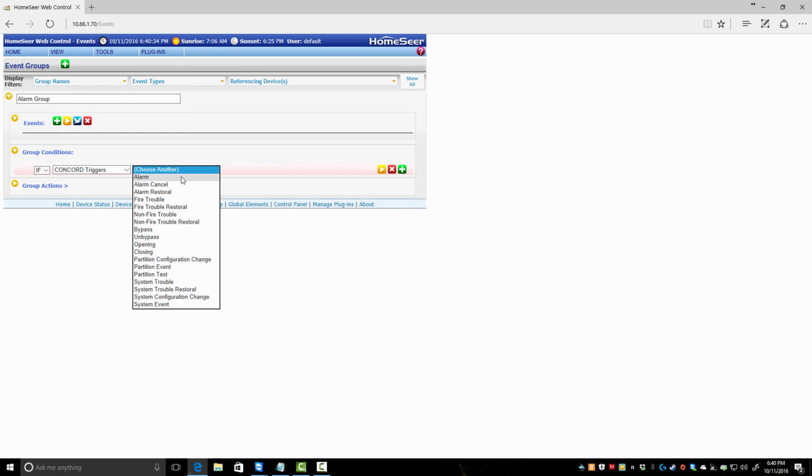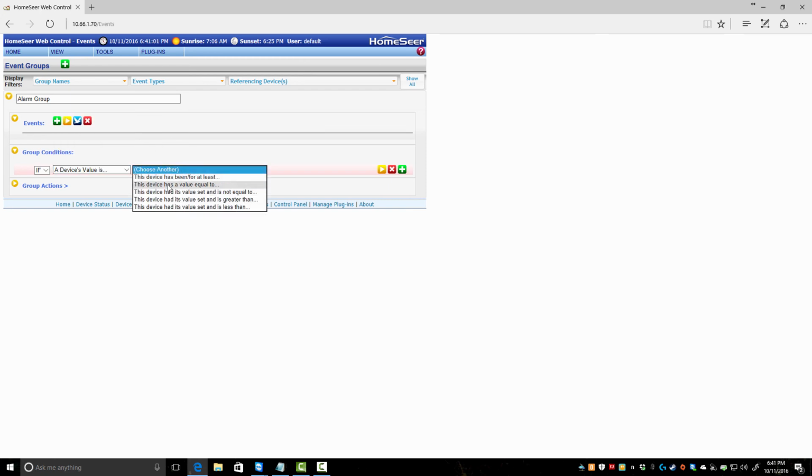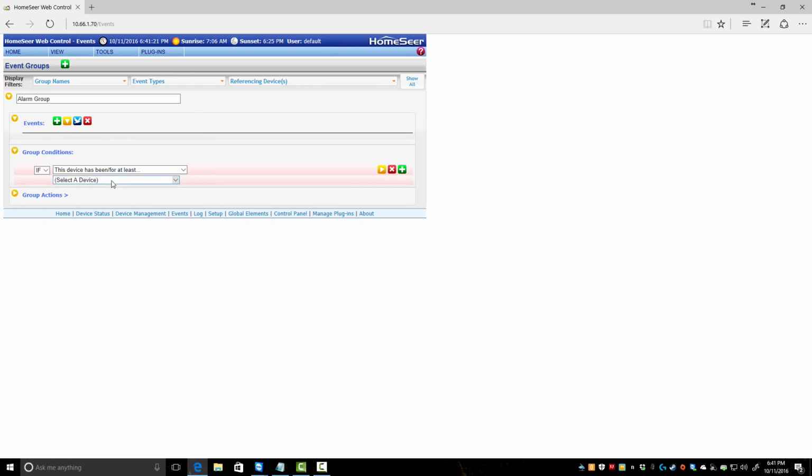I'm not even sure what to do because I don't know what I want to do yet. Alright, so Concord trigger. You can also do device value. The device has its value set. There's so many different things you can do. It gets tricky. What is this group condition? Expand. I have nothing here. Alright, so if the device has been set, we'll say